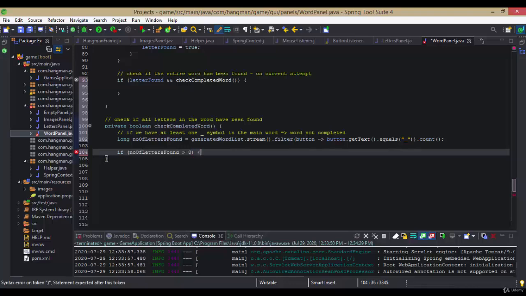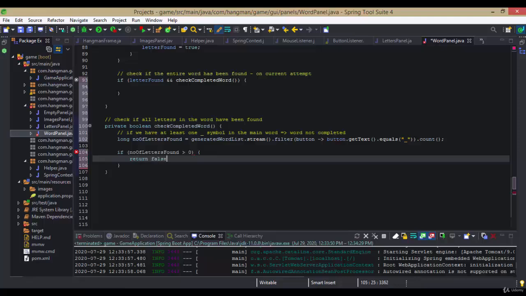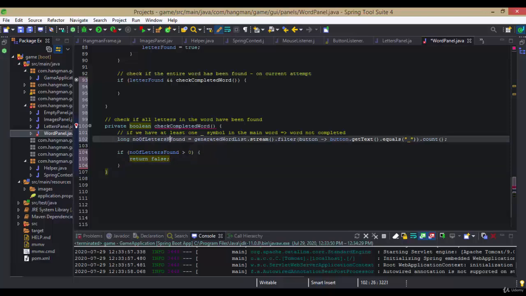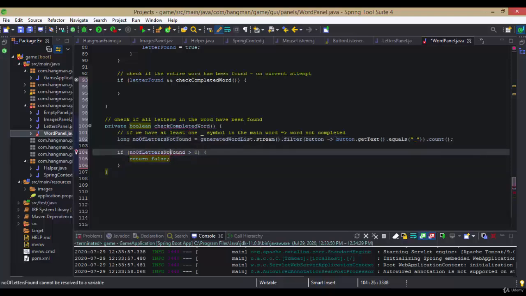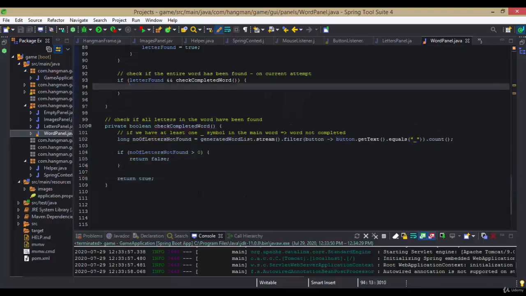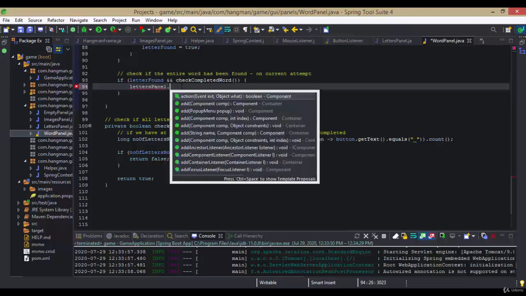And if number of letters found is greater than 0, it means that the word is not completed. But in fact, let's change this variable to number of letters not found, since it's more descriptive. And if all the letters were found, we will return true. So going back to this statement, if letter found and check completed word,